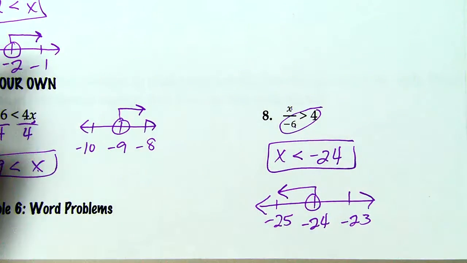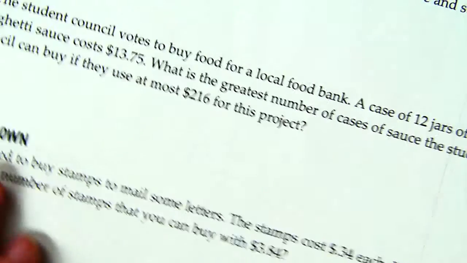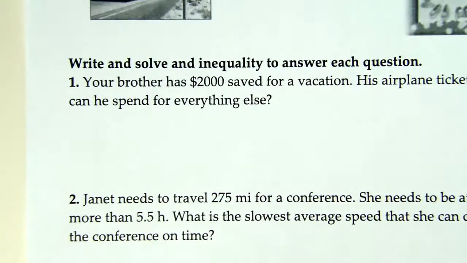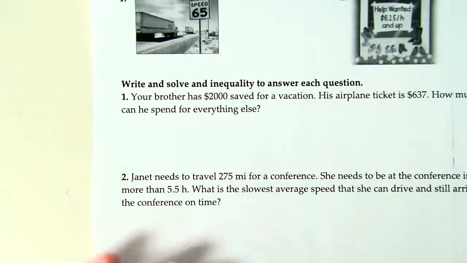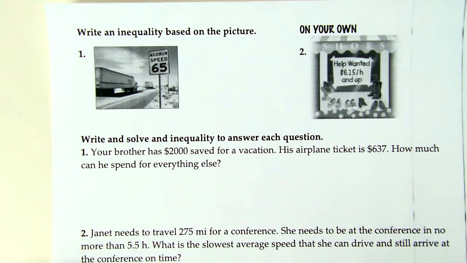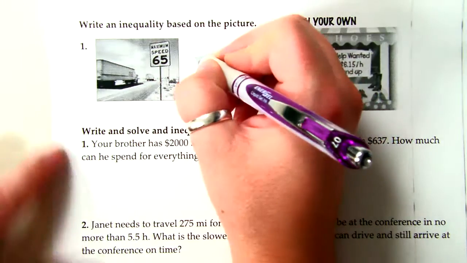So the last thing we're doing today is word problems. So the first couple just gives us a picture, and you need to write an inequality based on that. So this first one tells us that the maximum speed on this highway is 65. So basically we're writing an inequality that shows the speeds that are acceptable based on this sign. So the speed should be